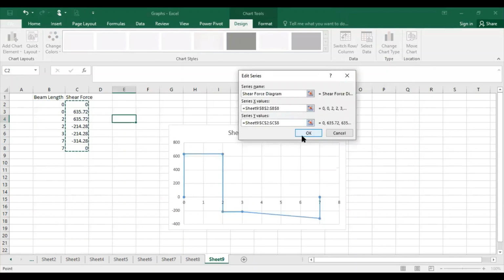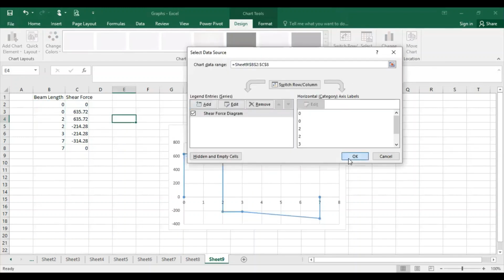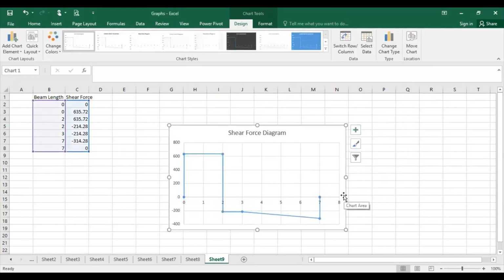The X values will be the beam length, and you can see this is the diagram. On the X axis you have beam length and on the Y axis you have shear force values. You can see a straight line going and an inclined line over here.